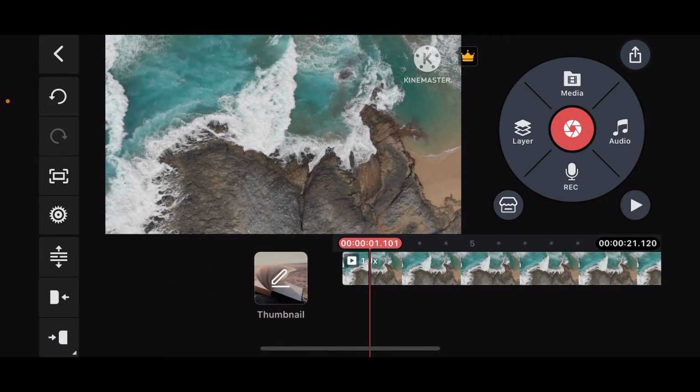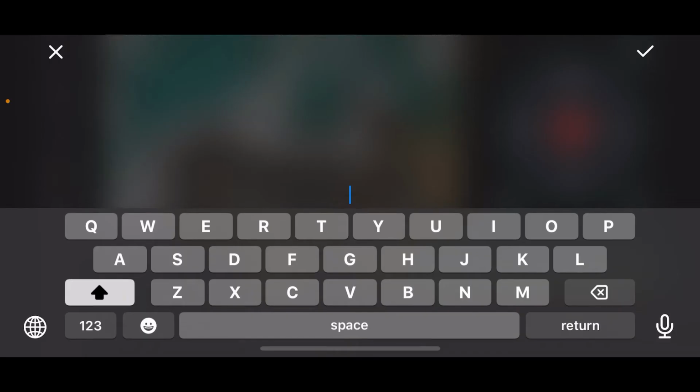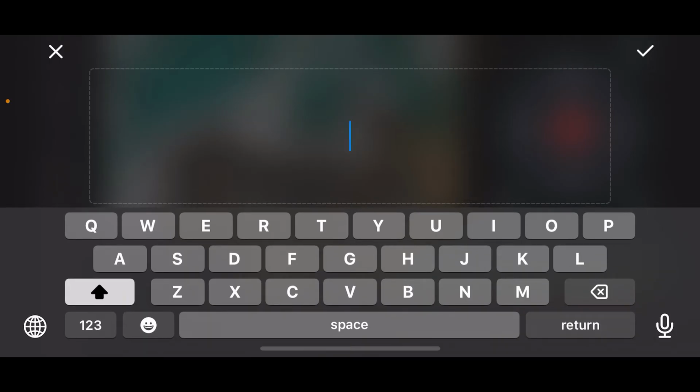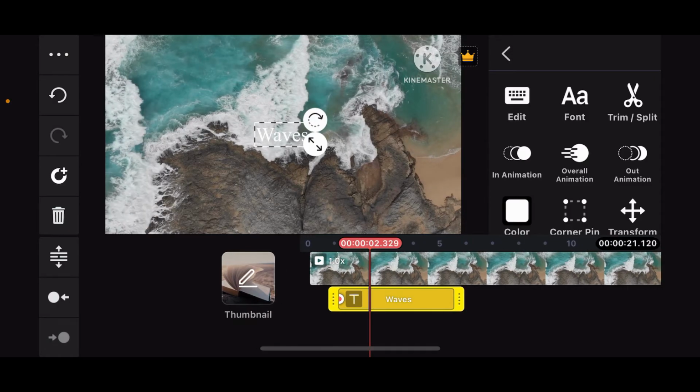Once you add the media clip on your timeline that you want to edit, go to the wheel icon on the right hand side and tap on Layer. Now tap on Text and add your text to your video. Once you are done, click on the tick mark at the top right and you will be able to add